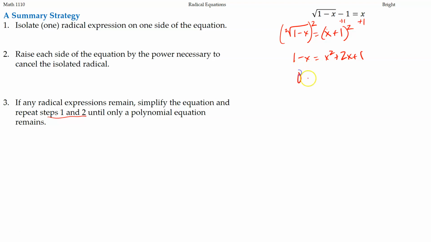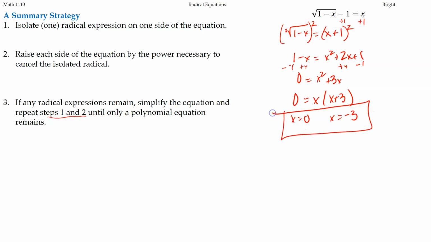So get everything to one side. 0 is equal to x squared. Let's say I would add an x and subtract a 1 on both sides. If I do that, I get x squared plus 3x. Then, we're good at doing this, x times x plus 3. Then I get x is equal to 0 or x is equal to -3 by the zero product property. Those are my answers, and I would say, yep, those are my answers, but wait,